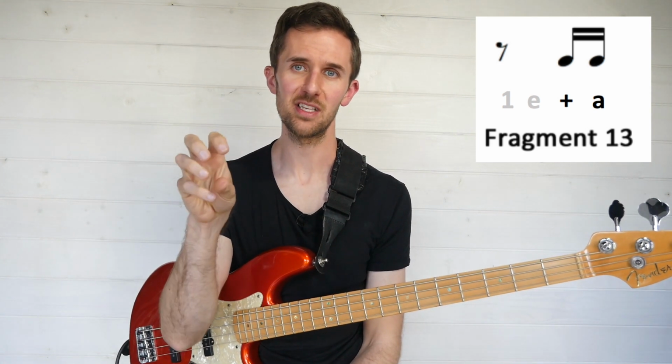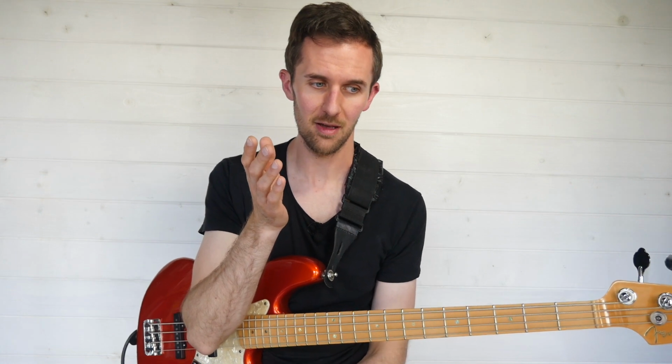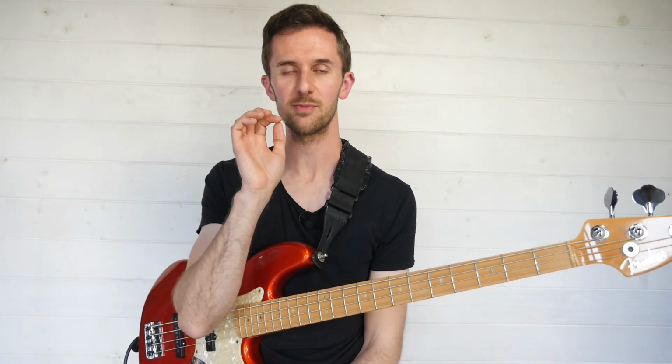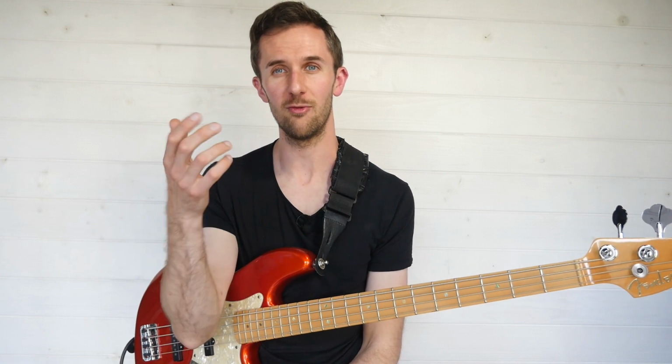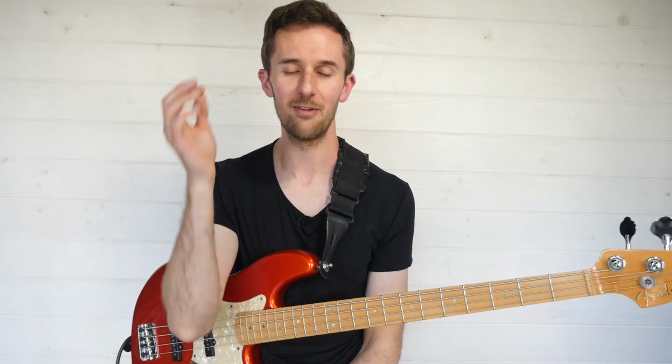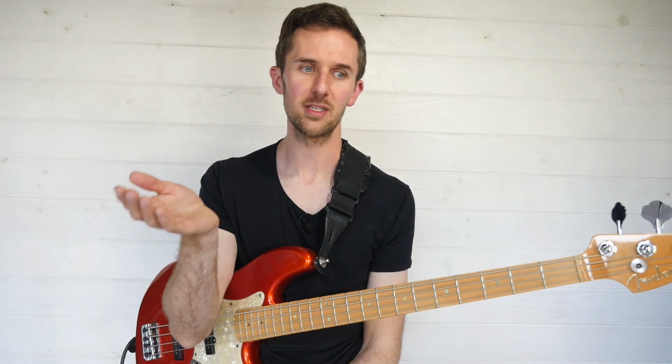Now what we'll see in this example, if I bring it up, is that if you look at the fourth bar, you've got a dotted quarter note on beat 2 followed by 2 16ths. Now technically that's a pretty bad way of writing the rhythm out because we're crossing the middle of the bar line with a note. What I have found in my travels is that quite often people have very little respect for some of the rules of music engraving, and you will find syncopated rhythms that are written in a way that is hard to read, that's not reader friendly, particularly if you're reading some slightly older